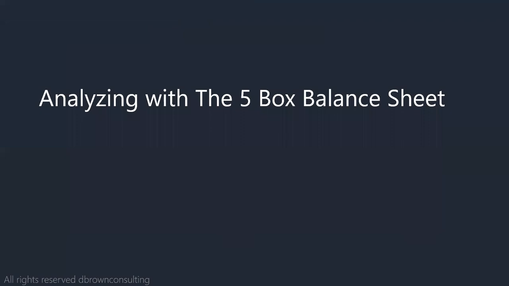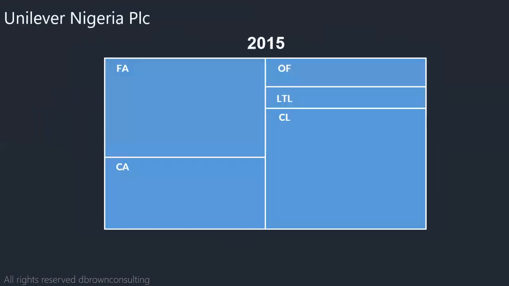So when we want to build a model, this is what we usually do. You pick those 5 variables from the company. So let's take a look at Unilever, for example. This is their financial statement for 2015. As I said, a mature company is expected to be consistent over a period, and you've seen that from the profit or loss account of Nestle. Very good example. Now let's take a look at Unilever. This Unilever 2015, what we've done is we've taken their fixed assets, current assets, owner's fund, long-term loan, current liability, those 5 values, and we use it to create this visual.